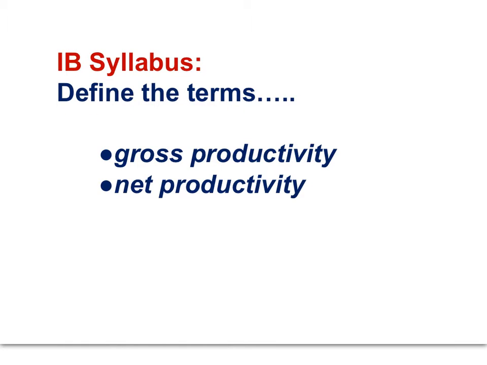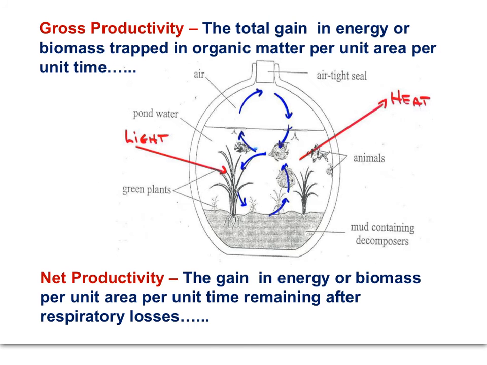Define the terms gross productivity, net productivity. So the gross productivity of producers would be the total transformation of light energy into chemical energy, the transformation of light energy and matter into the biomass of plants. The gross productivity of consumers would be the total transformation of energy and matter in food into the biomass of